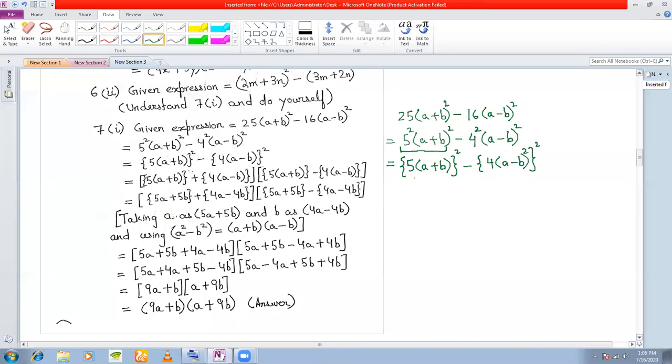Okay, so now these two have become perfect squares, haven't they? Any doubts till this step? No, sir. There will be no square before ab. Why? I have a plus b whole square and I have a minus b whole square. Yes, tell me, what is the problem?